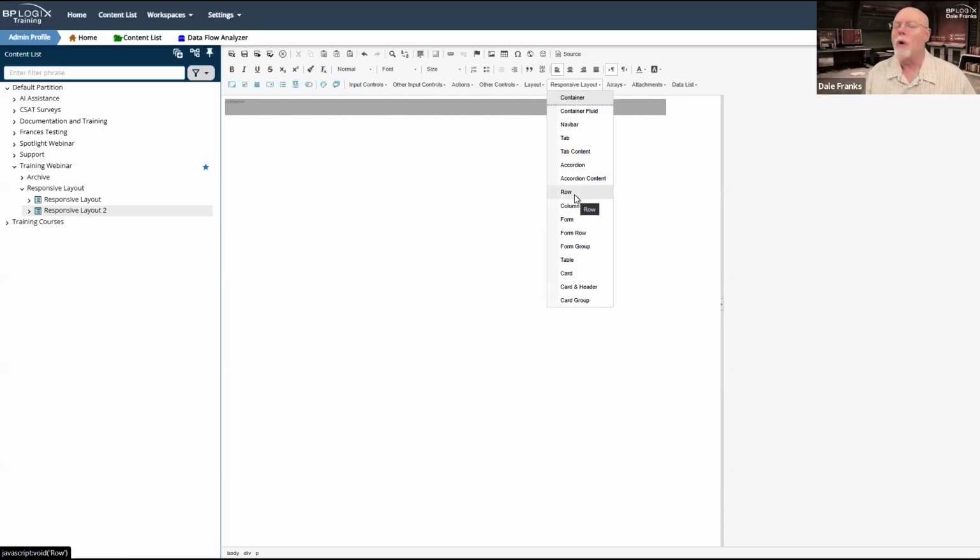Rows are for normal content that is not going to contain form fields. In most cases that will not be what you're going to be doing, because you're building a form, unless you just have a text section, like a paragraph of text, you will not use the row and column controls. Instead, you'll use the form row and the form group controls. But to start off with, we are going to use the row and the column controls.